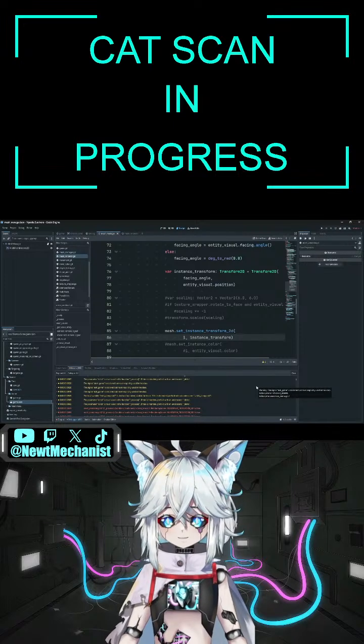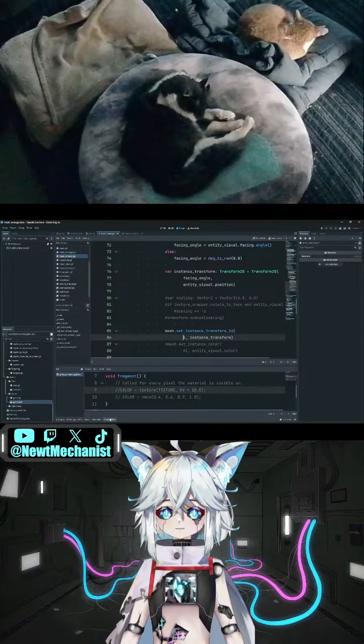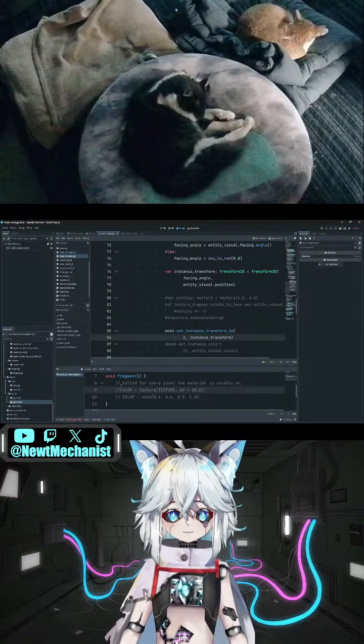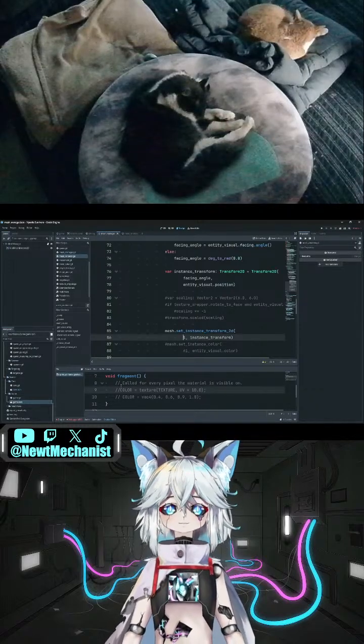Okay. So I do have a shader set up. Currently it's doing nothing. But longer term,